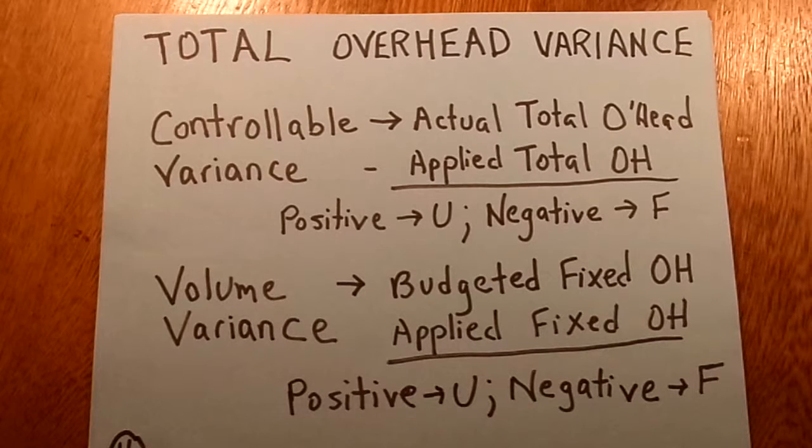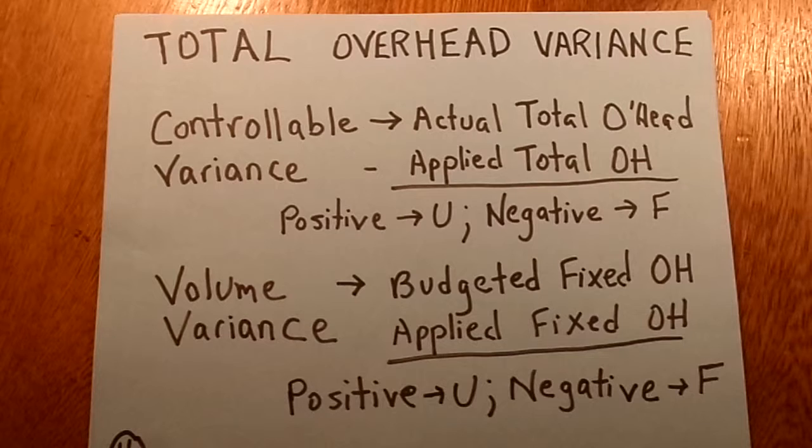We'll also look at total overhead variance, and here we have the controllable variance and the volume variance. With the controllable variance, we're going to start with actual total overhead and subtract applied total overhead. If it's positive, we're going to say it's unfavorable. Actual overhead was more than we applied. If it's negative, we're going to say it's favorable. We applied more than actual overhead that existed in this